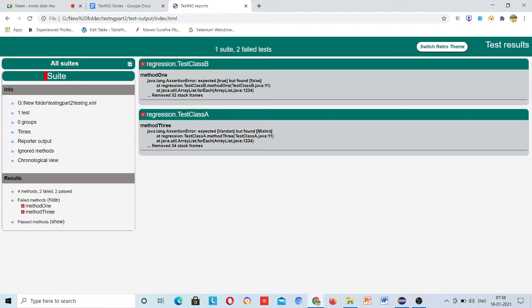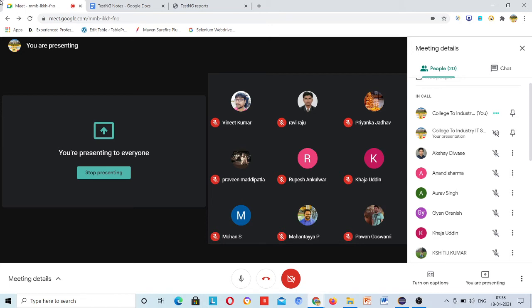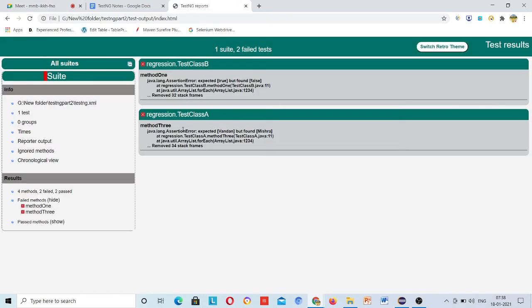Now you can see all your results here. This is the index.html file inside the test output folder. You have to refresh this first, then you will find this file. Every time you run, this file gets updated, so you can find all your results.